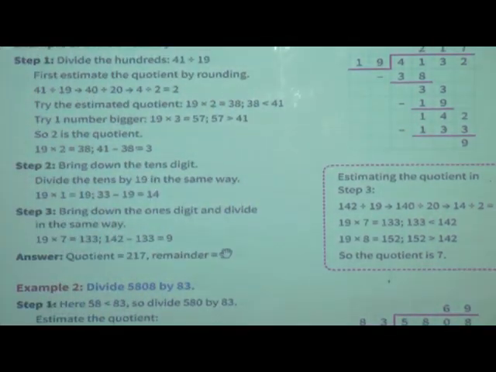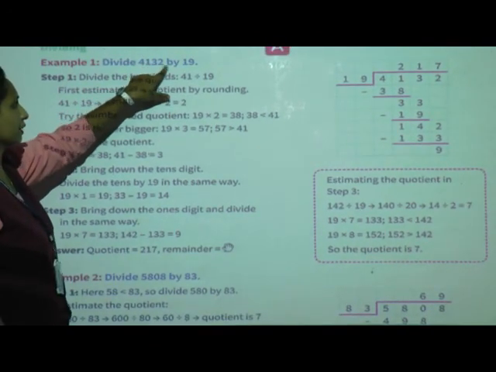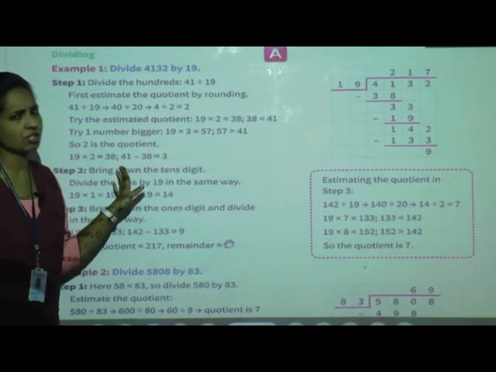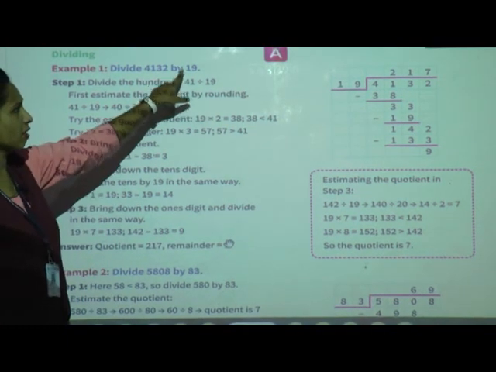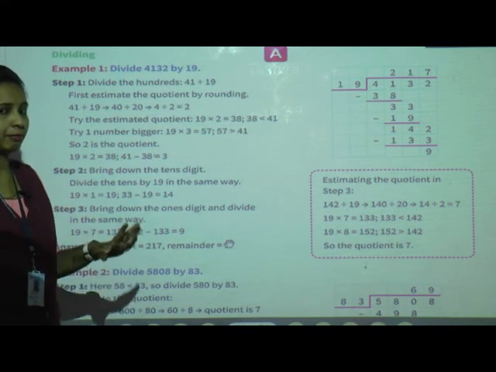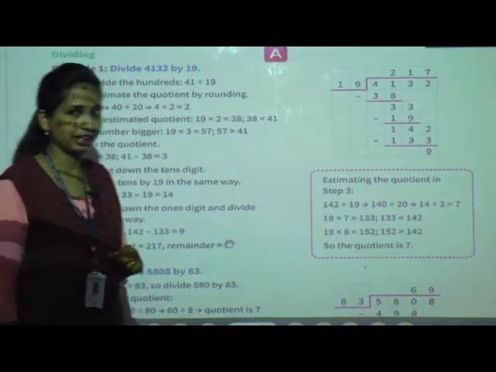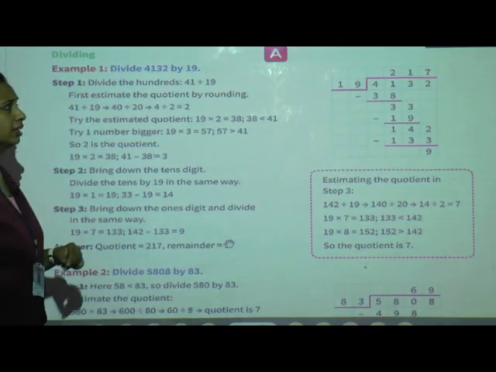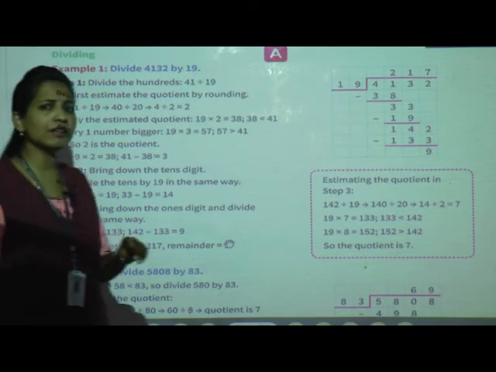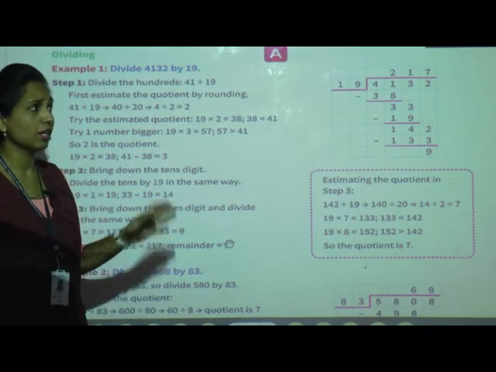Now have a look at this example. Divide 4332 by 19. Same, just now we have seen the 23 table, now we have to see the 19 table. I hope everyone knows the 19 table, because I always give homework of tables to learn till 20, isn't it? You already learned in 3rd standard also. Now still, if you suddenly forgot the 19 table, or whatever table, what will you do in that case?